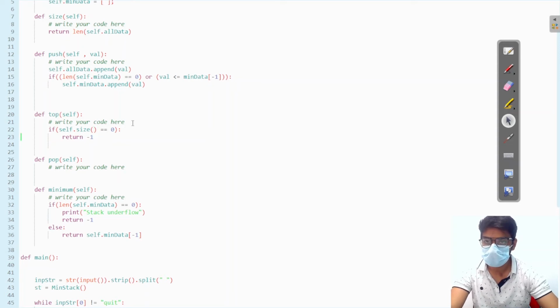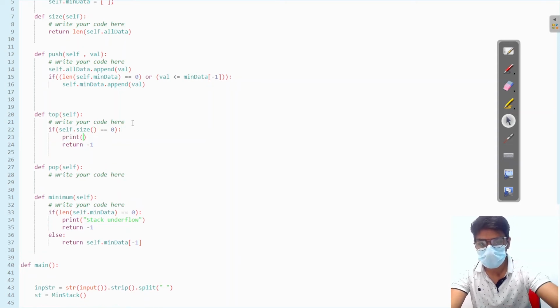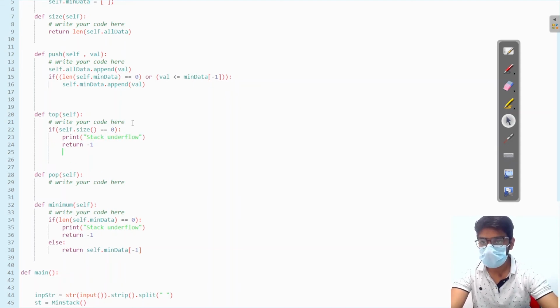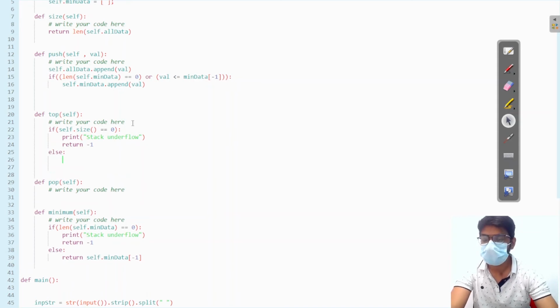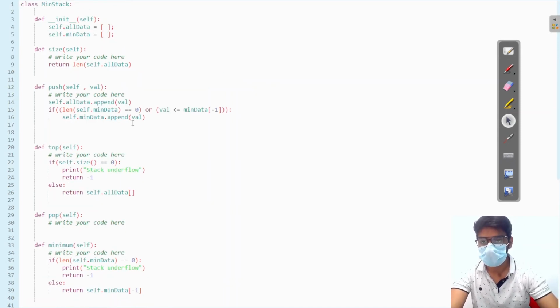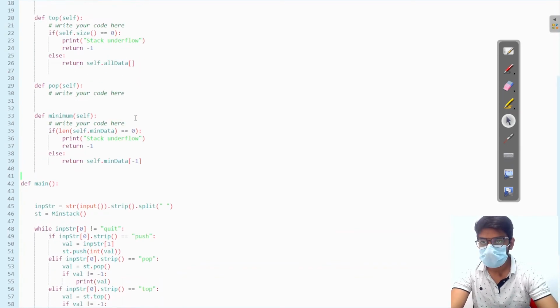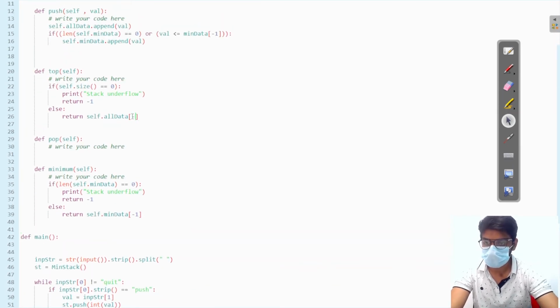Before returning this we have to print stack underflow. Else, that means there are some values, so we just have to return the topmost value, self.all_data top value. So let me see there, -1.